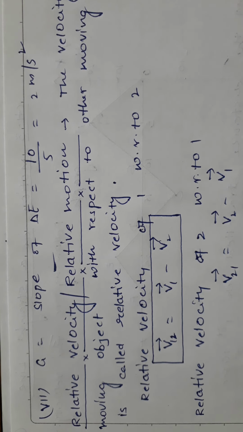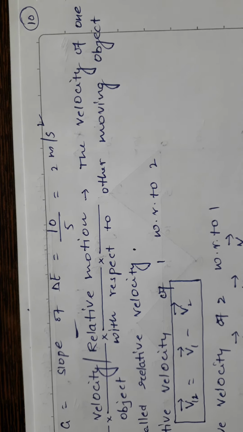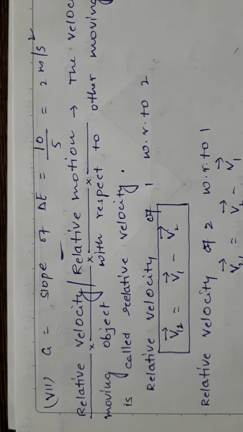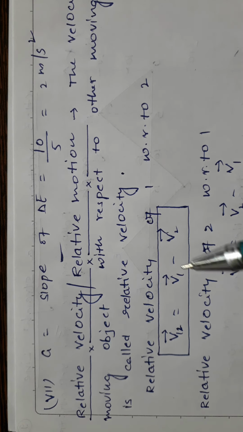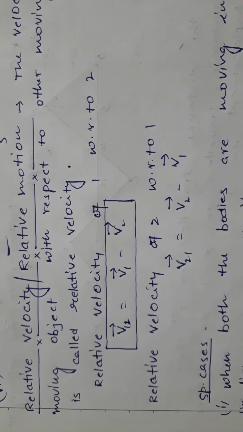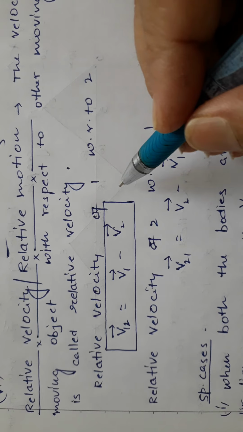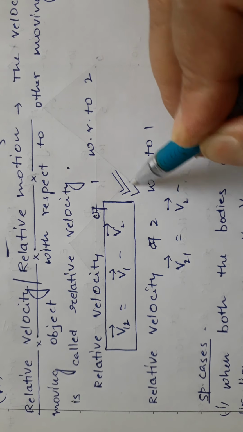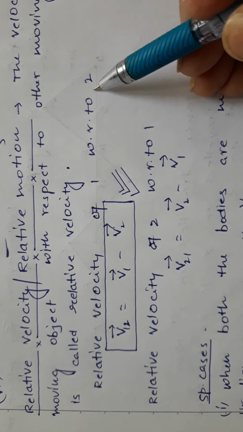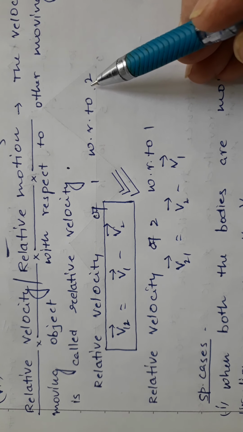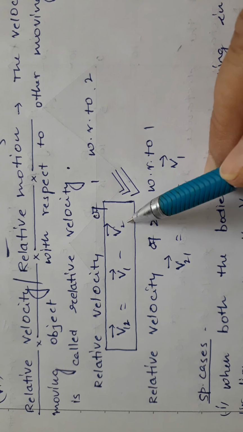If both the bodies are moving, suppose you are observing the motion of a car from some other car which is also moving, or from some other two-wheeler which is also moving, so that is called the relative velocity or relative motion. So relative velocity is the velocity of one moving body with respect to the other moving body. Okay, and there is only one important formula, whether it is motion in 1D or motion in 2D: v12 is equal to v1 minus v2. Since the second object is also moving, we want to make it at rest, so it will be at rest if we subtract its